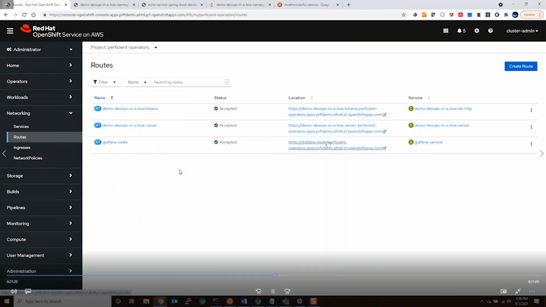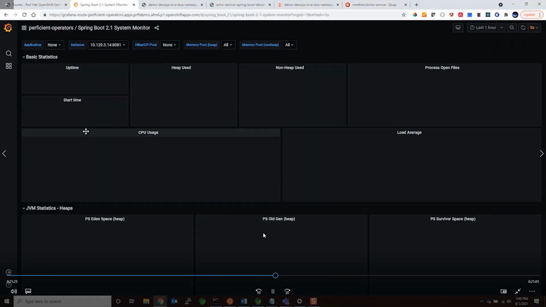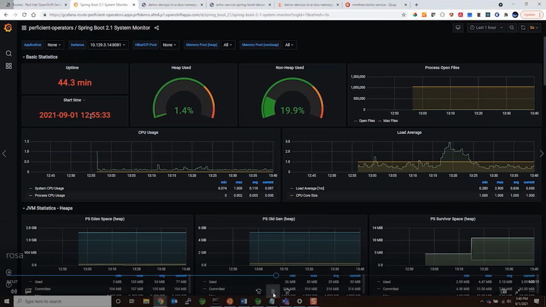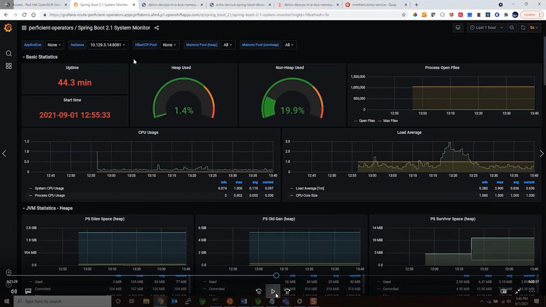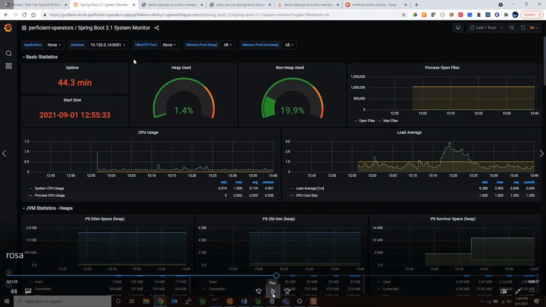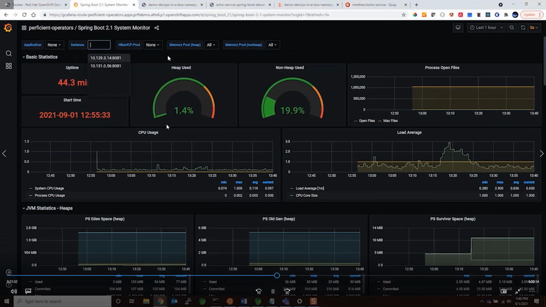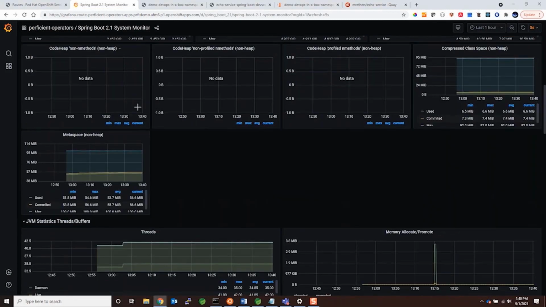While this is building, I just want to show you a little bit of this thing, Grafana. I don't know if you're familiar, that's the visualization tool for metrics. If you remember earlier, one of the dependencies that I added was the Prometheus metrics module to Spring Boot. And so it's outputting all these metrics automatically, and then the operator has created custom dashboards for it. So it shows you out of the box